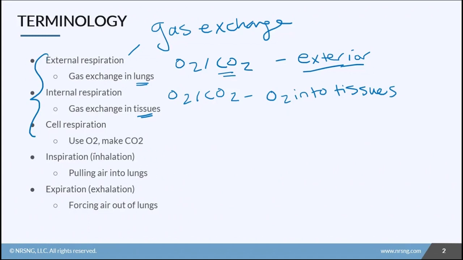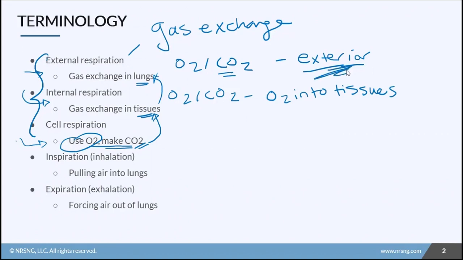Cell respiration still involves seeing oxygen and carbon dioxide switch, but instead what's happening is the cells are actually using the oxygen, and in that process, they are making CO2. So all of this is one big cycle. We bring in oxygen through our lungs from the outside world. We take it to the tissues and put it into the tissues and into the cells. The cells use that oxygen and make carbon dioxide. That carbon dioxide is then exchanged back out of the tissues into the bloodstream, goes to the lungs, and is exchanged in the lungs to go back to the outside world